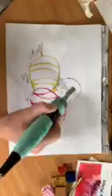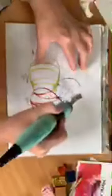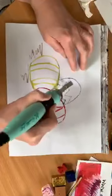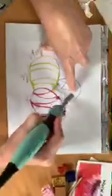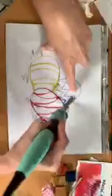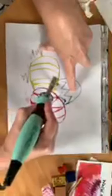So basically what we're going to end up doing is this kind of thing. So that's one I did earlier on, so I'm not going to do the whole thing, but I'll just show you how we can start to blend some of these patterns using different tips and techniques. So peek back, see how we're going, see if there's any blank areas that haven't quite transferred. Okay, that'll do, get the idea. Enough of an outline there to